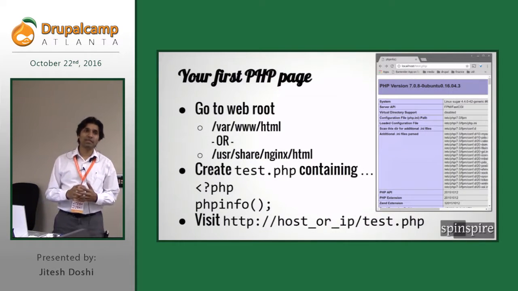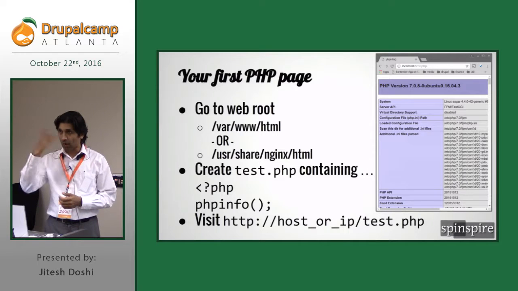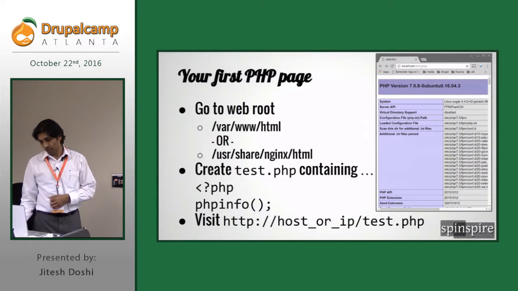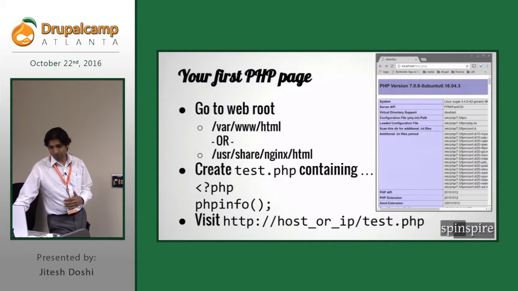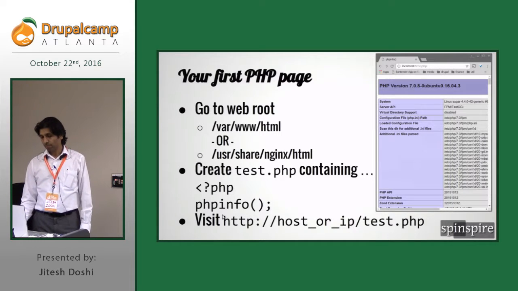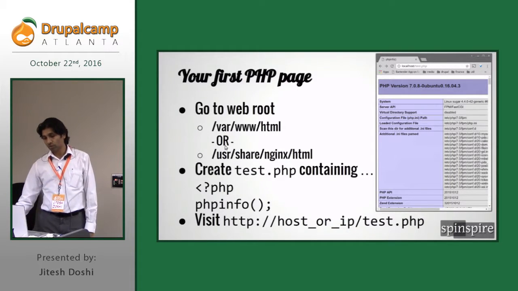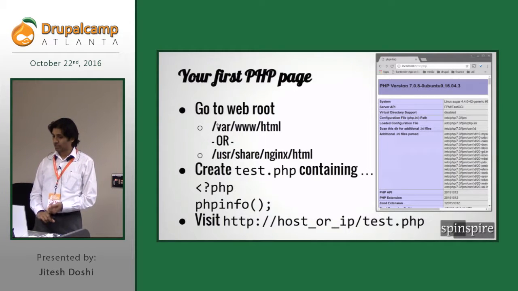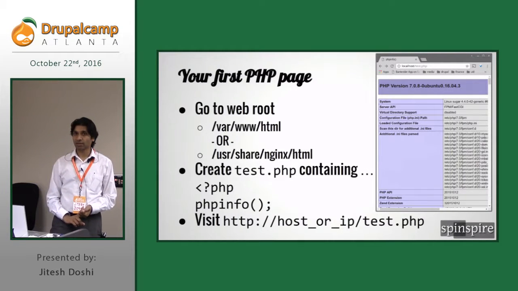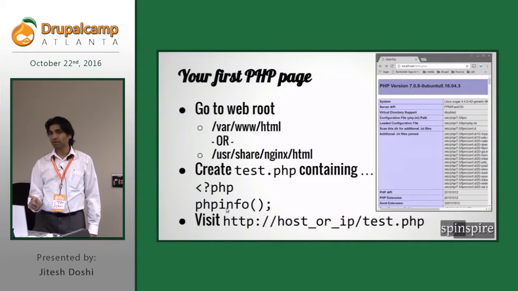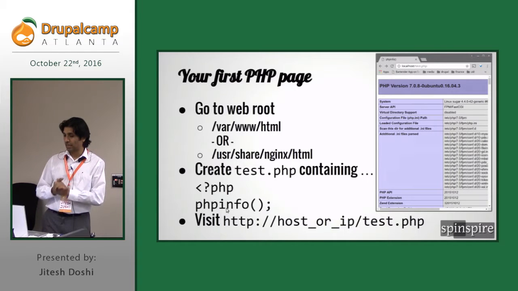So the process will be the same whether you are doing this in the cloud or in a local VM. All right, so then you write your first PHP page. Again, we cannot teach you PHP in a short presentation like this, but you create a file called index.php or test.php or something like that in your web root, and the web root is typically /var/www/html or /usr/share/nginx/html. So you go there, you create this PHP file with one function call for phpinfo, which kind of prints a whole bunch of